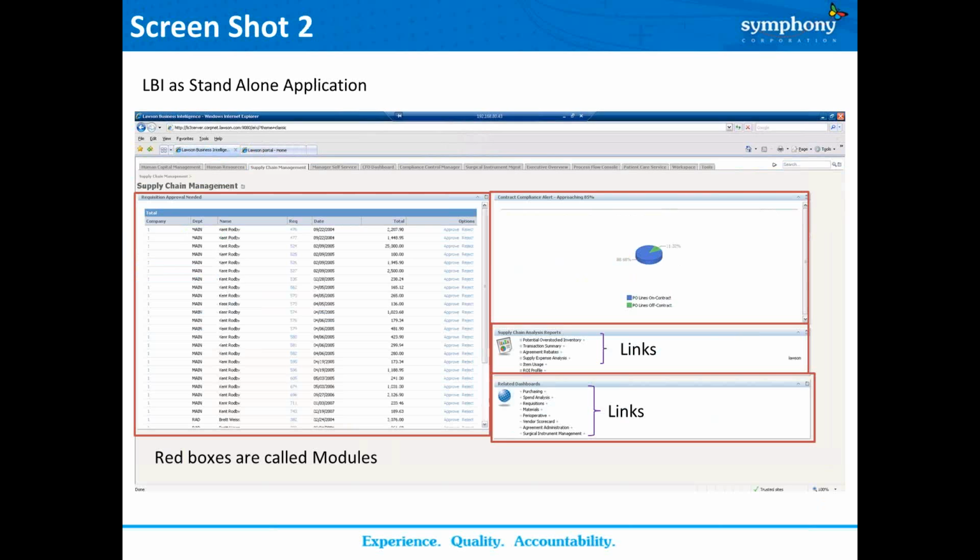This is another screenshot. These are the different components within a dashboard. Supply chain management is the dashboard for supply chain, obviously. And then any red boxes that you see here are something called modules. Within a module, you can either display the contents, like you see the requisition approval needed. That is a smart notification or a listing from the process flow where you can approve or reject the requisition. And on the contract compliance